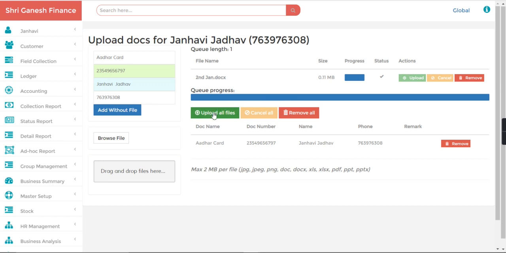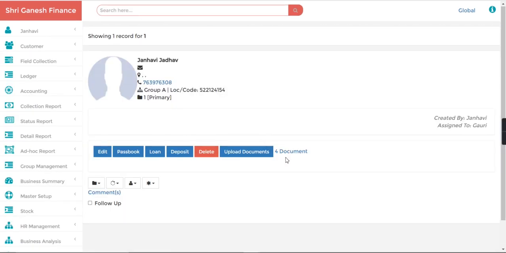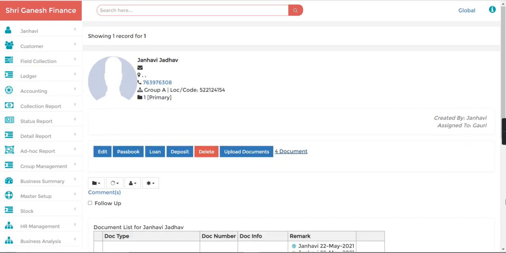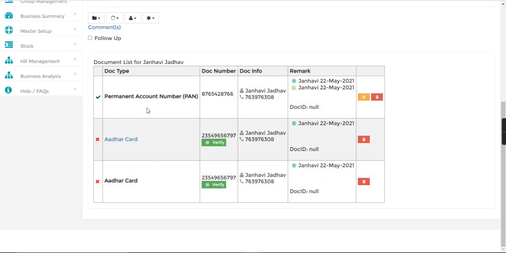I will click to upload all files and search the customer again, F-1. Here you can see the documents we have uploaded now, Aadhaar card. One I will delete because it is adding 2 times.